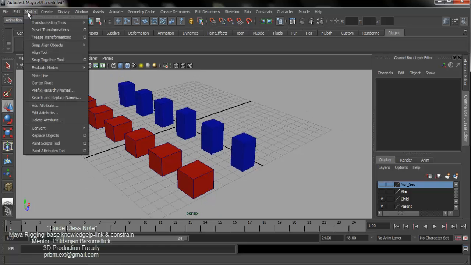It's possible that way. I want the center pivot option, so I hold Control and Shift and click the menu item with the left mouse button on center pivot. So the center pivot comes here as a shortcut. I want freeze transformation, I do the same thing.